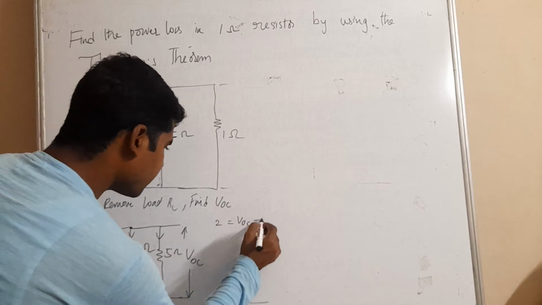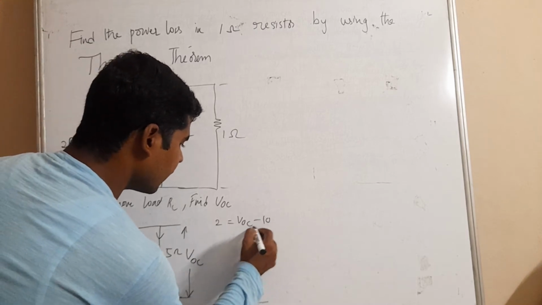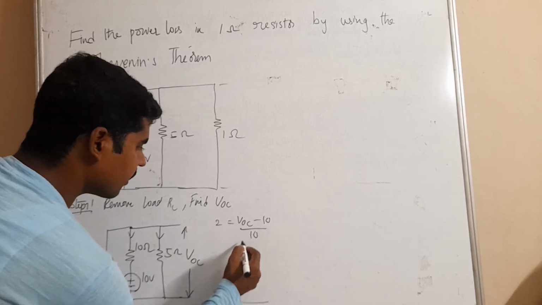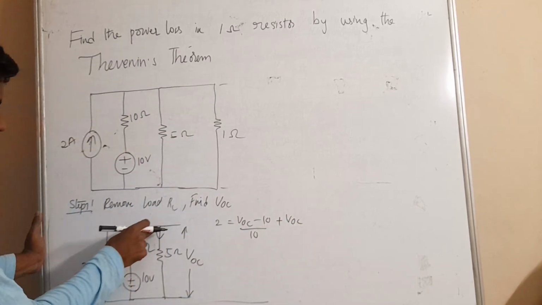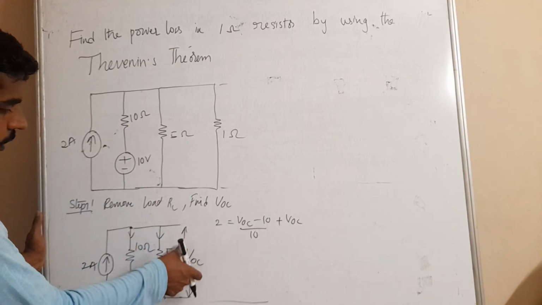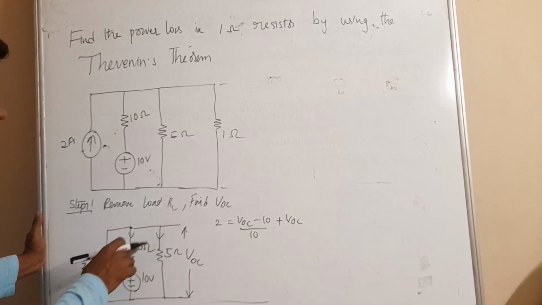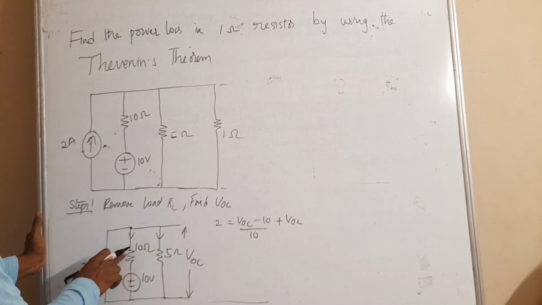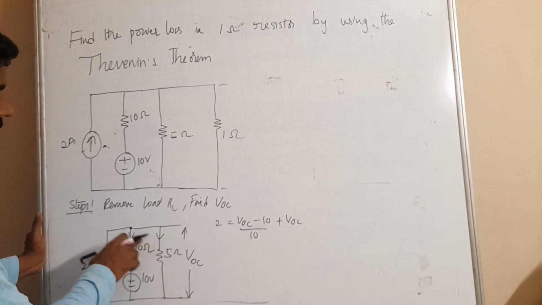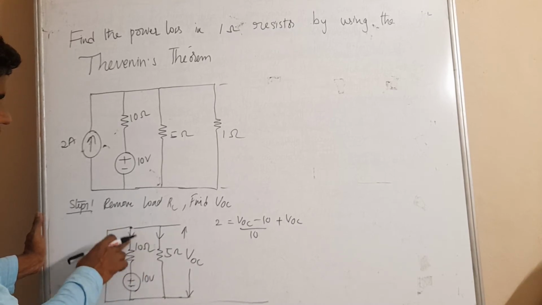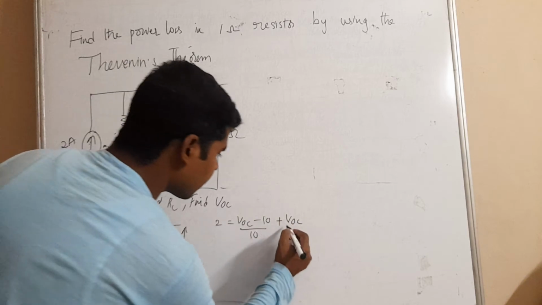VOC by 5 minus this resistance value. Okay, this resistance, VOC minus 10 divided by internal resistance, which is 10 ohms, plus VOC by 5. These two are connected in a short circuit, therefore VOC is equal to this one only. Therefore VOC minus 10 divided by R, because V by R is equal to I. So here VOC by 5 gives the corresponding current passing through the 5 ohm resistance, and the current passing through the 10 ohm resistance is equal to VOC minus 10 volts by the corresponding resistance value. That's why I can represent like this.